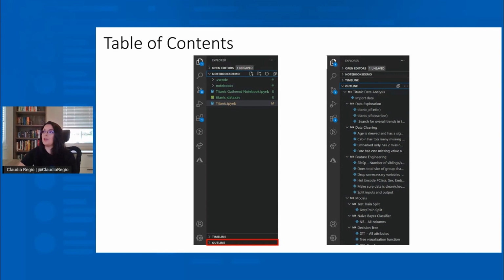So as you can see here, we have the entire skeleton of the notebook. We can see the hierarchical relationship between our markdown cells and our code cells. And like many other table of contents, you can just click to navigate where you'd like to go in the notebook. And if you'd like to navigate just in Markdown, you can go ahead and just collapse those code cells.